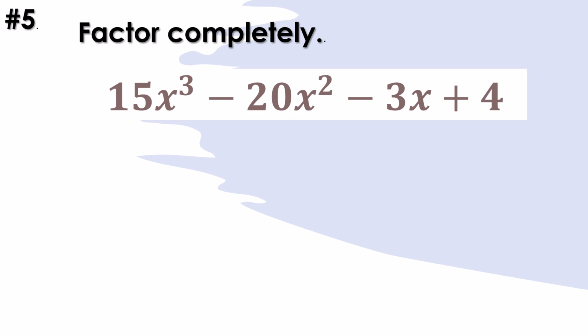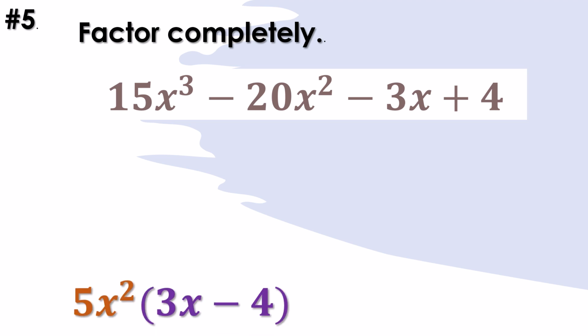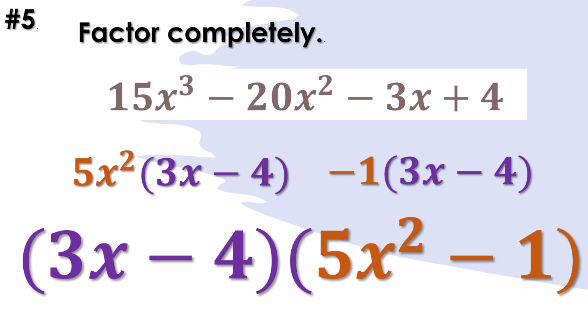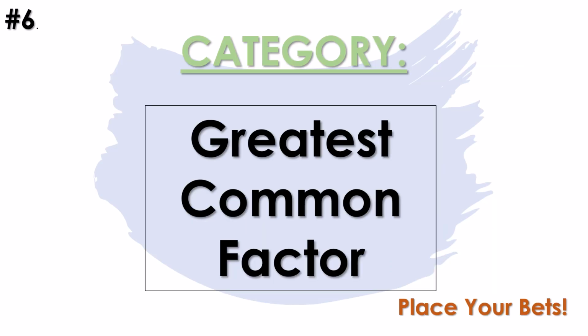Here is the question. Showing the answer in 3, 2, 1. Again, first group, you're taking out 5x squared. Second group, you're taking out -1, just a -1 to make that matching factor, and then your final answer put together. Okay, make sure you have that final answer as two binomials side by side, showing that multiplication. Okay. Next category,